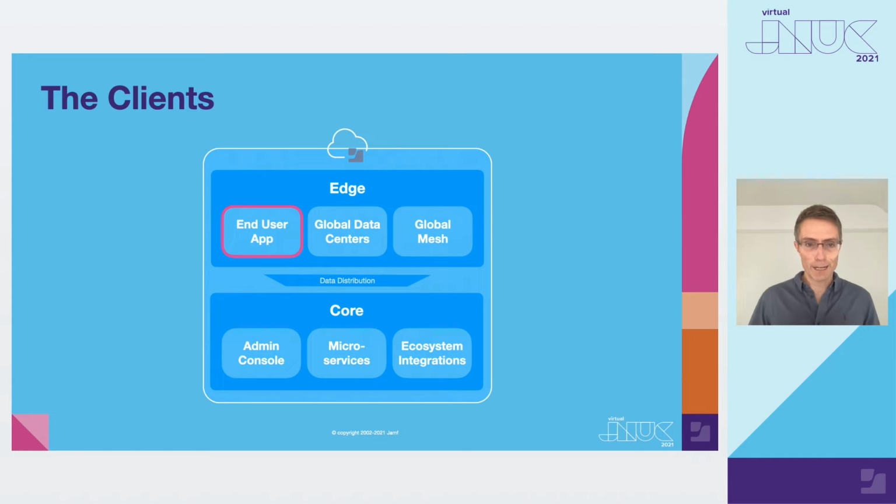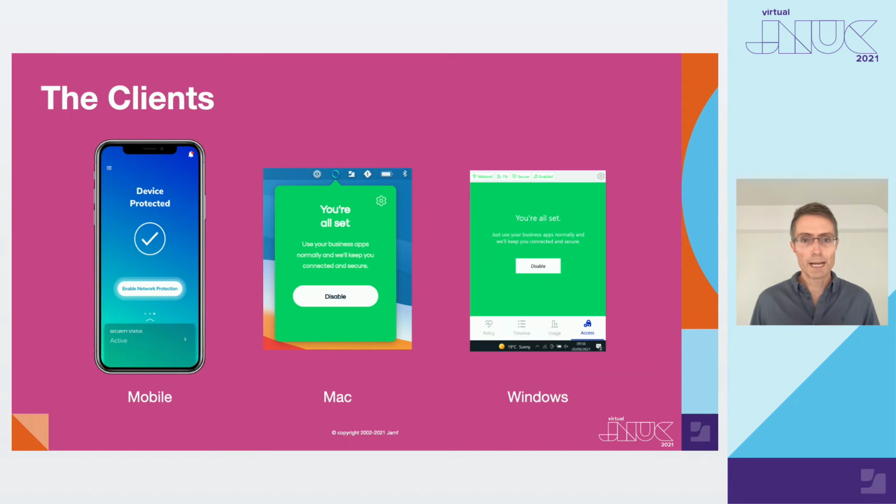So that was the global edge network. Let's move on to the final part of the edge, which is the end user apps. As I said in the introduction, they can be thought of as a kind of natural extension to the edge. And we have separate apps for each of the enterprise platforms that we support, namely iOS and iPadOS, macOS, Windows, and Android. Now, as this slide shows, they have a consistent UX, which is tailored to the specific design idioms